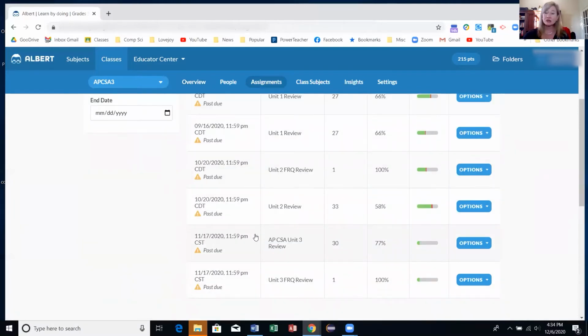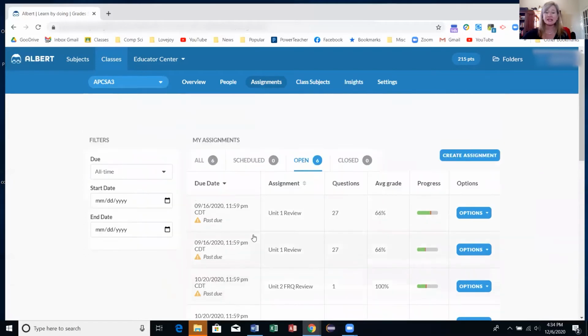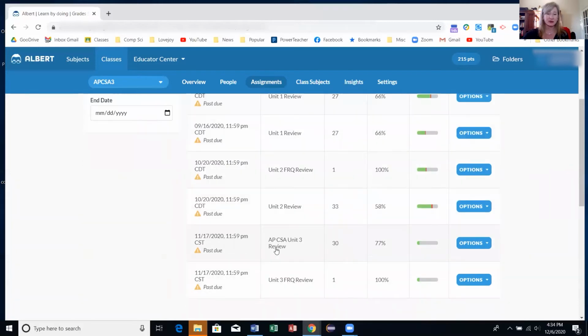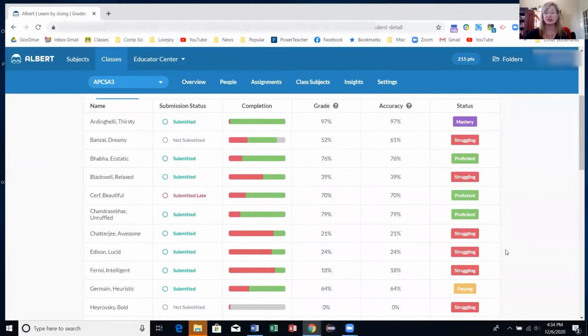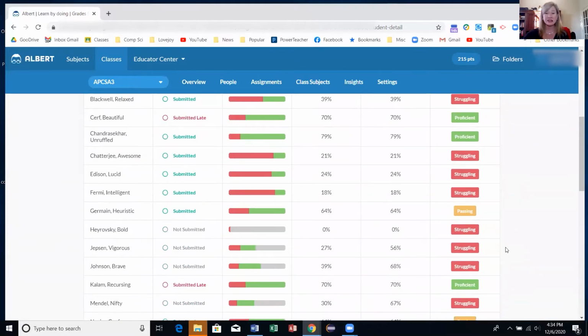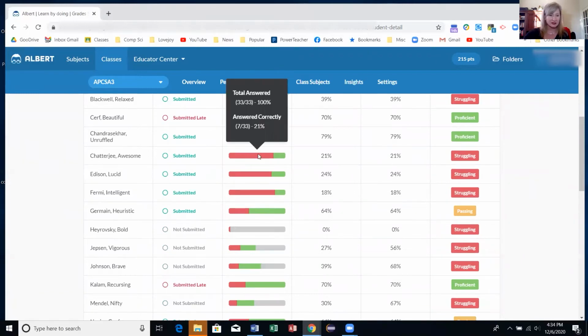Now, I use my assignments as basically a review for a unit. So for example, I can go into the Unit 2 review, and I can show you who did or did not do the review, how much of the review they did, how successful they were at the review. Now it looks like Awesome Chattery did not do very well, but in actuality, this is probably a pretty good student, and they are just learning to read the questions and trace their code carefully. And so this person is probably going to do pretty well on the AP exam